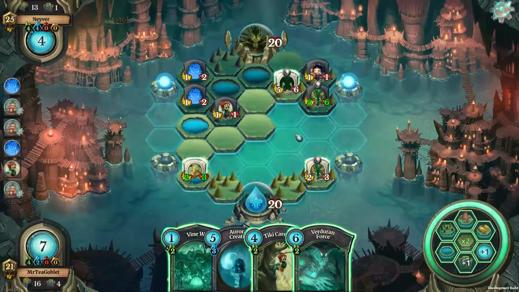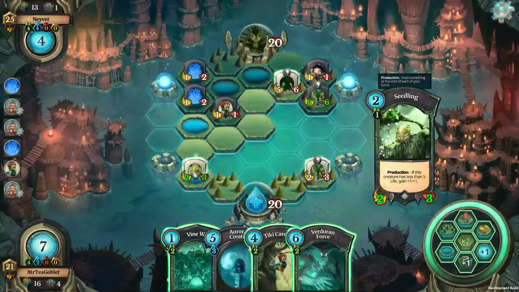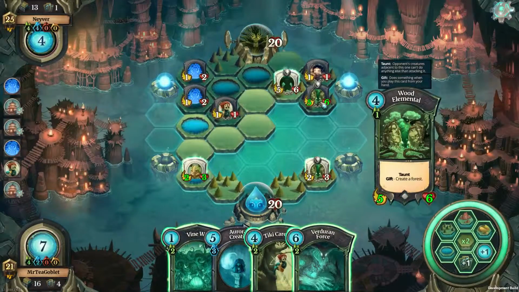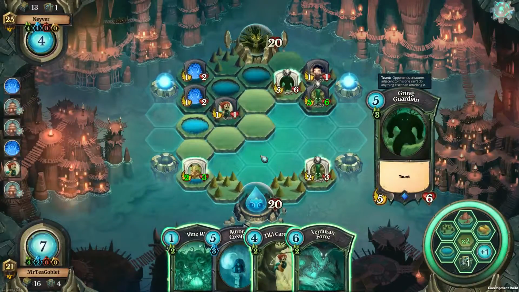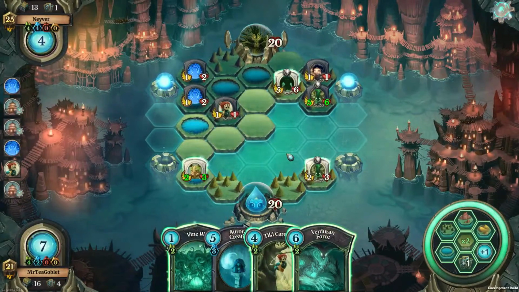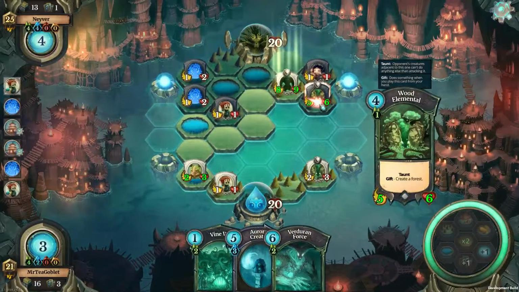Now this is tricky. I can move my Seedling up here, but this will get buffed up to 3 attack next turn and can kill it. Over here I can use the Ticket Caretaker to buff this up into the range of being able to kill this. I think that's a better play. Another play could be to play the Verduran Force, but I think that the Ticket Caretaker here, take out that,